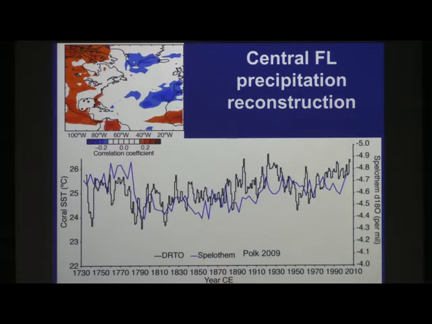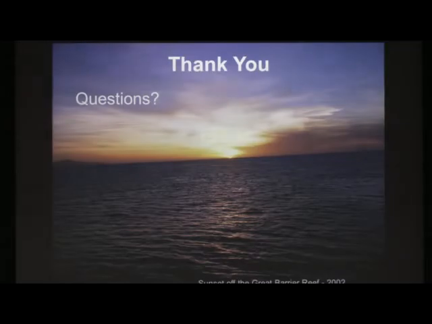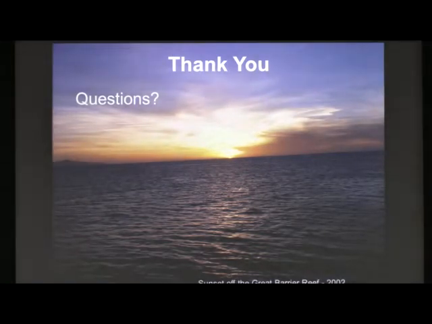If we look at the top graph here, this is a correlation map of sea surface temperatures in the Dry Tortugas correlated with precipitation. Whenever we have temperature anomalies here in the Dry Tortugas, we can expect a response in Florida and along the east coast of the U.S., but also in Central America, then up through the Midwest of the U.S. So these anomalies are connected to precipitation anomalies. That's another interesting aspect that my research and collaborations with Jason are going to be expanding on. So I'll end it there and take any questions.